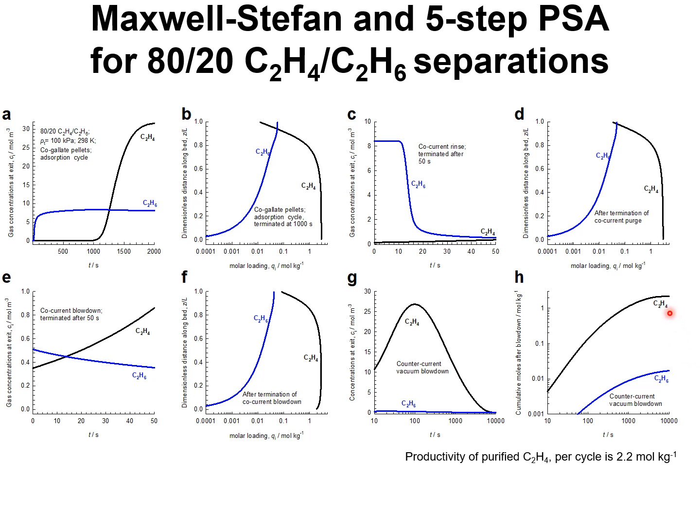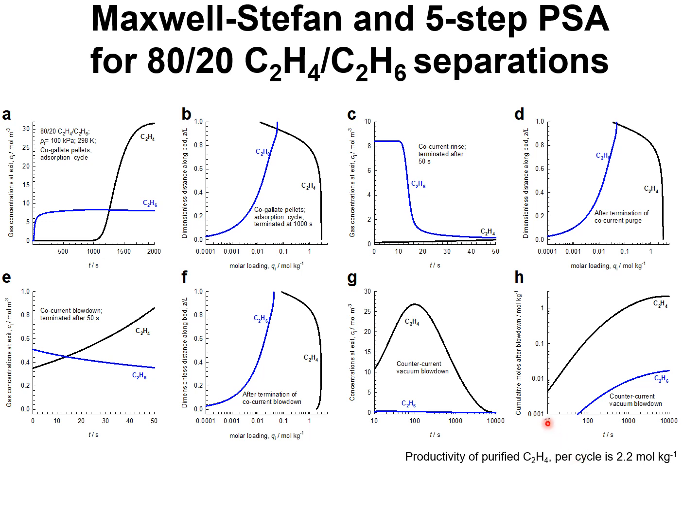The productivity of purified ethene per cycle is 2.2 moles per kilogram, compared with the maximum of 1.6 moles per kilogram that was achieved